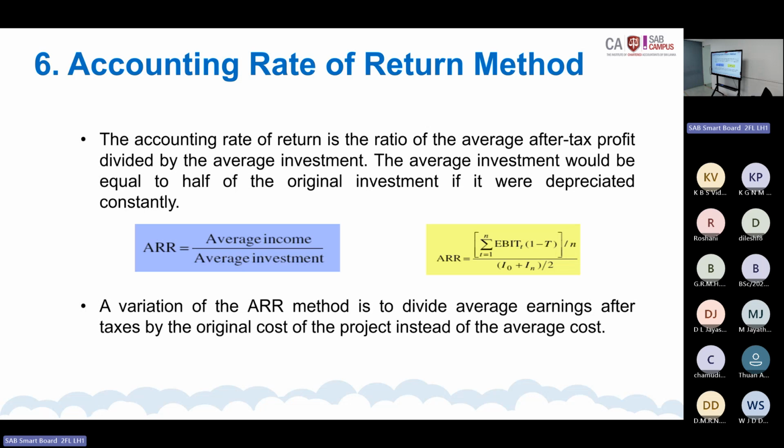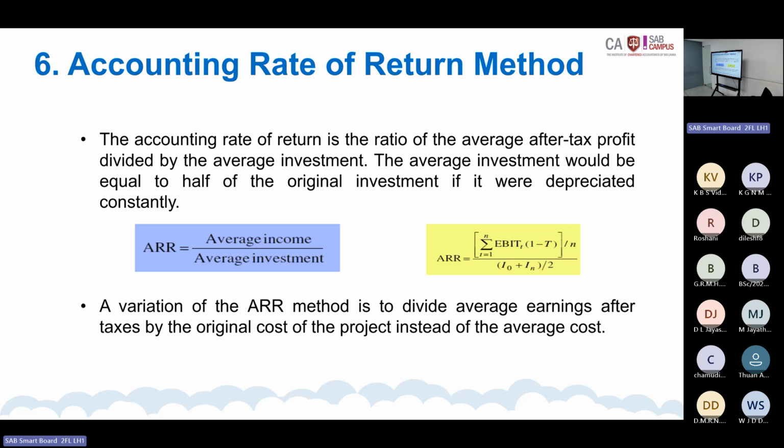Accounting rate of return, the last one. ARR. The accounting rate of return also comes under non-discounted cash flow criterion techniques, which compares the average income, or average profit, divided by the average investment. So if we are given the number of years for this investment, we have to calculate the per year profit, and that per year profit should be divided by the average